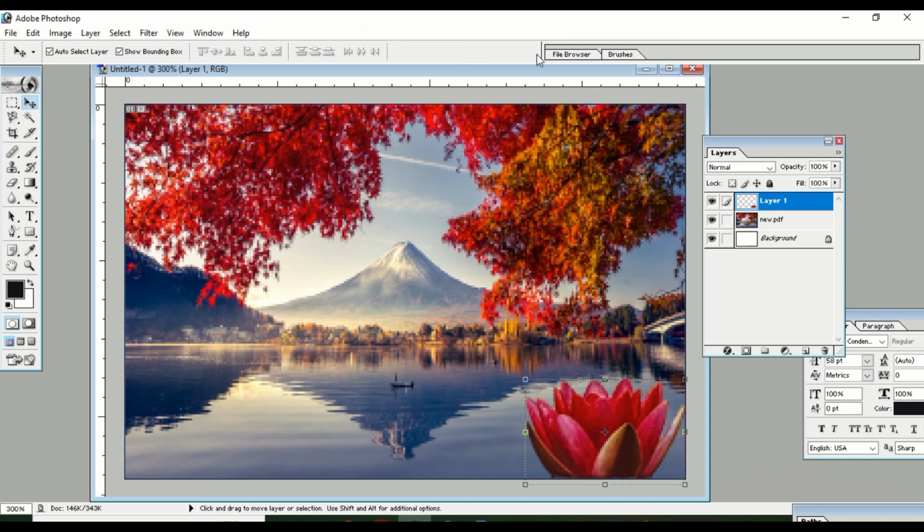Now this part of the image we have taken from another file, and we have taken another background and used that cropped image in that file, and this way we can modify different files.